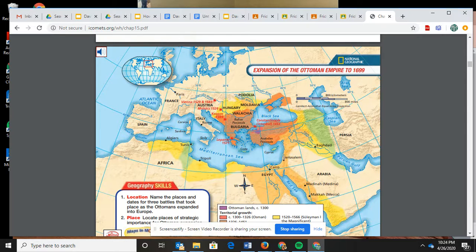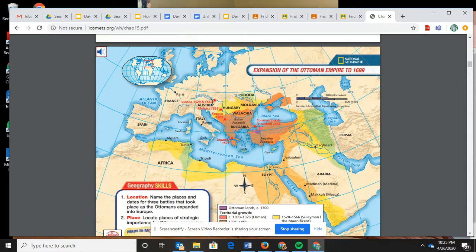The Crusades are over. We don't really talk about the Crusades in this class very much, because they happened before 1200 for the most part. But the Ottomans had picked up the flag of Islam and are taking care of business. This is Jerusalem. This is Mecca and Medina. This is another piece of outside information. You could say the Ottomans were known as the Sword of Islam, because they protected Jerusalem, Medina, and Mecca. They were the sword of Islam, and they were going way up into Europe.